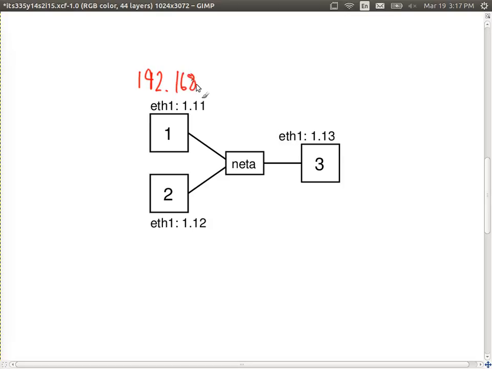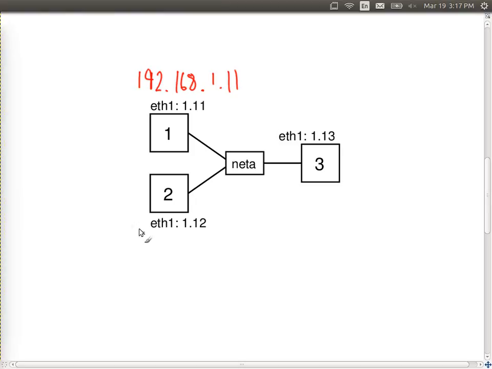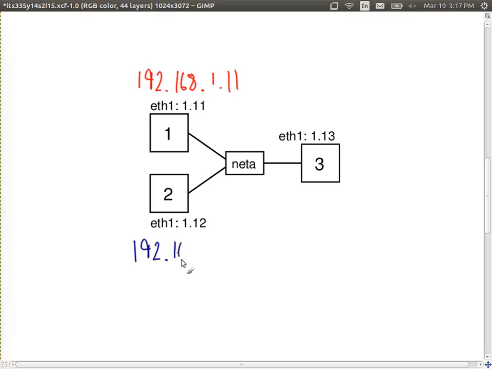192.168.1.11. You don't need to draw this. It may be in the printed handouts that you have already. Computer 2 will be similar. They're all on the same LAN, so a very simple case, 192.168.1.12. And node 3 will be 192.168.1.13. So I'm going to have 3 computers on the same LAN, and what we're going to